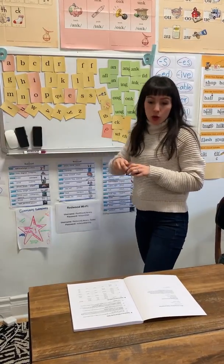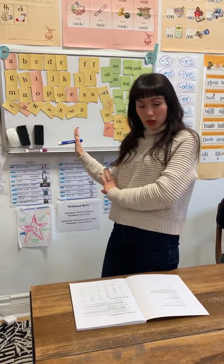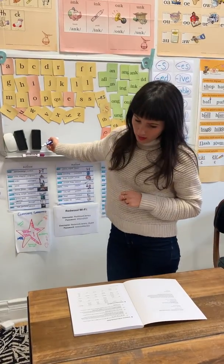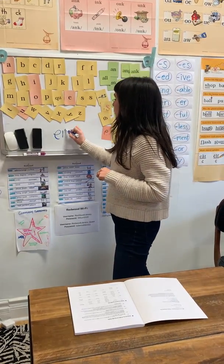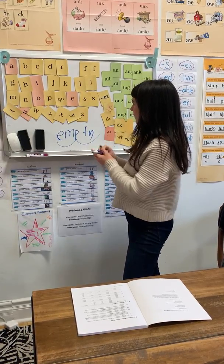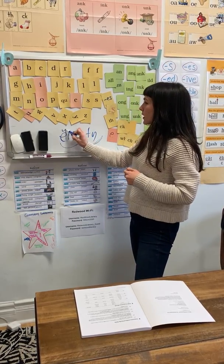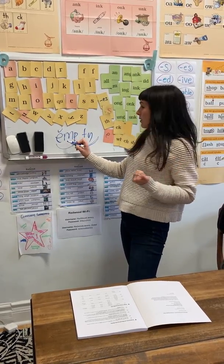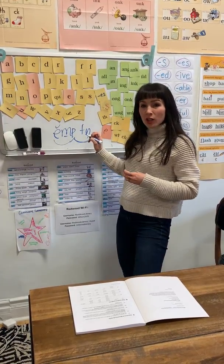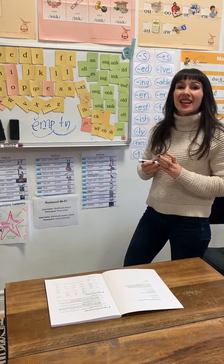Once they are confident with those, then you move into, well, before you move into 5.4, which is when you do 3- and 4-syllable words, you introduce the concept of Y at the end of words that have open syllables in them. For example, we have this word, empty. Emp is a closed syllable because this vowel says his short vowel sound, e. He's got two bodyguards behind him, empty. And then this last syllable is an open syllable. Y at the end of a multisyllabic word, if there's nothing behind it, it's going to say E, as in